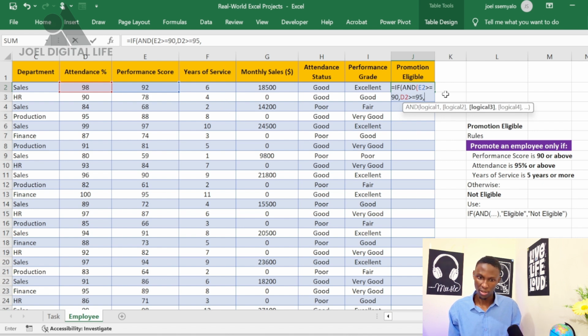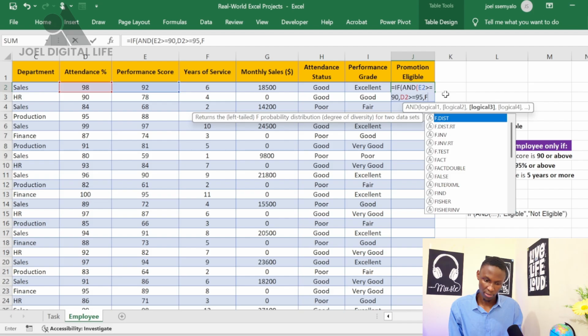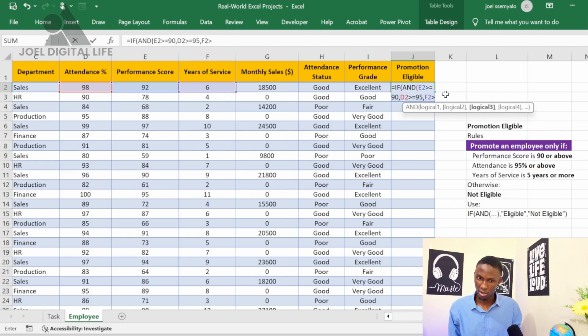It's here, it's in cell F2. If it's greater or equal to 5 years. Okay, if it's greater or equal to 5 years, then comma,